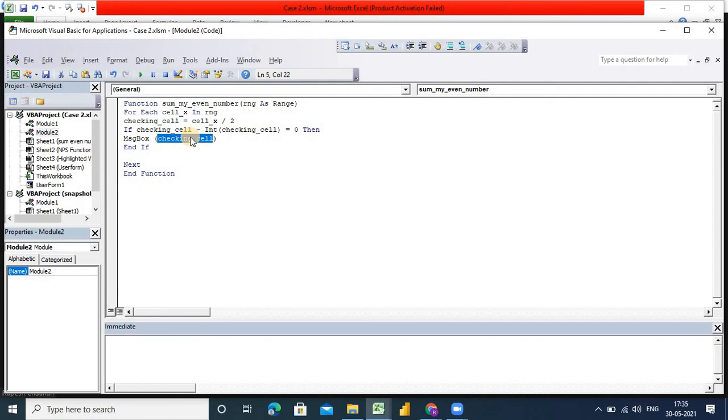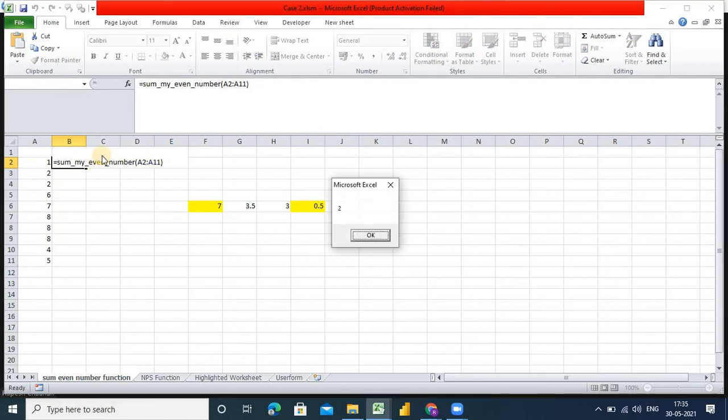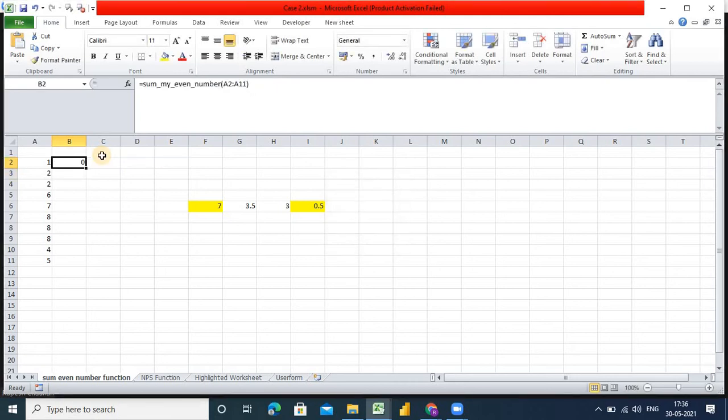I just copy and paste this here, remove the comment, and run this again. Here is my code: 2, 8, 8, 8, 8, 4. Now all the values I am getting are even numbers, so I need to sum all these even cells.